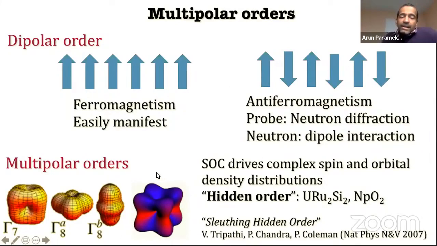In particular, it's been well known in a lot of these heavy fermion systems, things like uranium and neptunium, some of these actinide elements, that when spin-orbit coupling, abbreviated here as SOC, is very strong, then it can actually drive